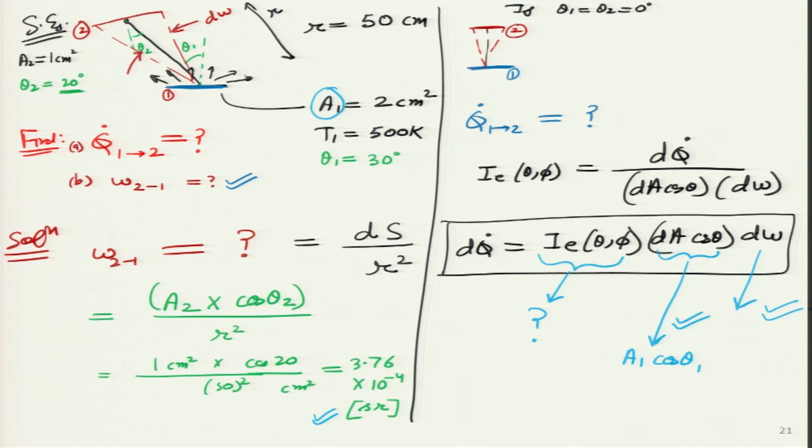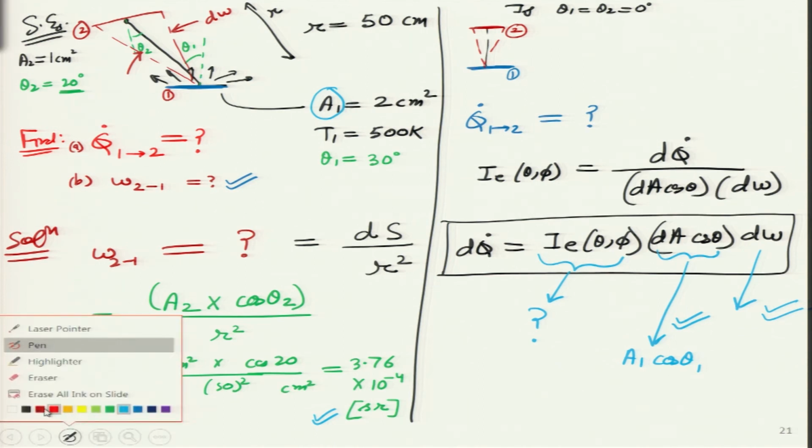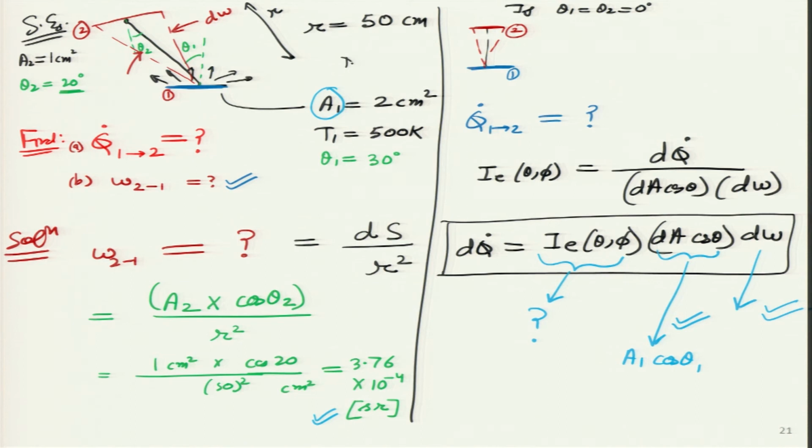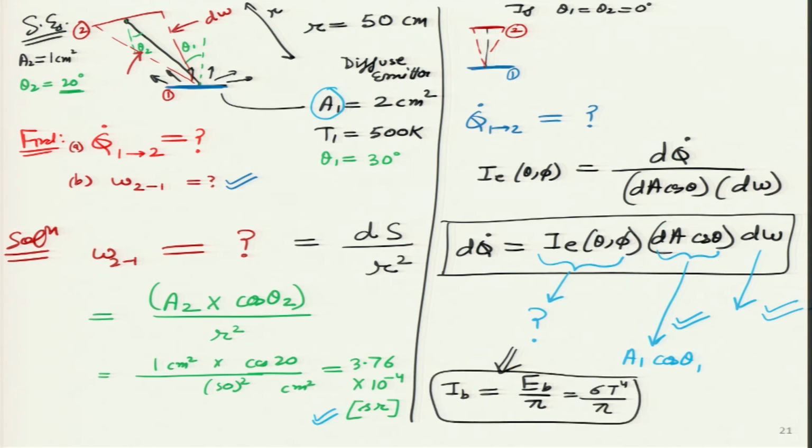I will recall to the students that assumption which was given over here, the information that surface A is a diffuse emitter. If it is a diffuse emitter, I can directly write I e as I b, the black body radiation intensity emitted, and it is simply E b divided by pi, where E b is simply sigma T to the power 4, divided by pi. And this temperature I also know, which means this thing is also known to me.